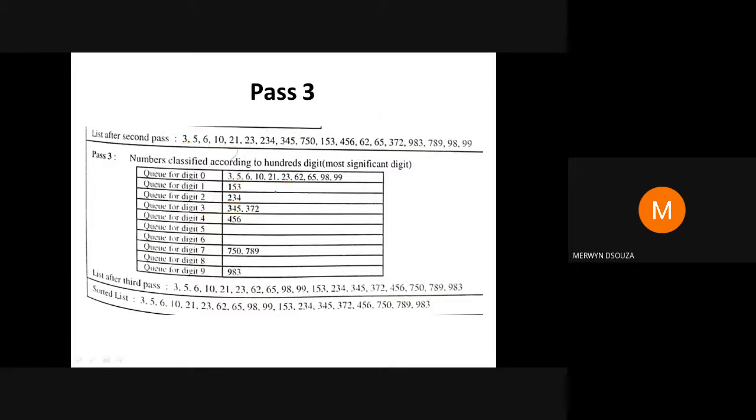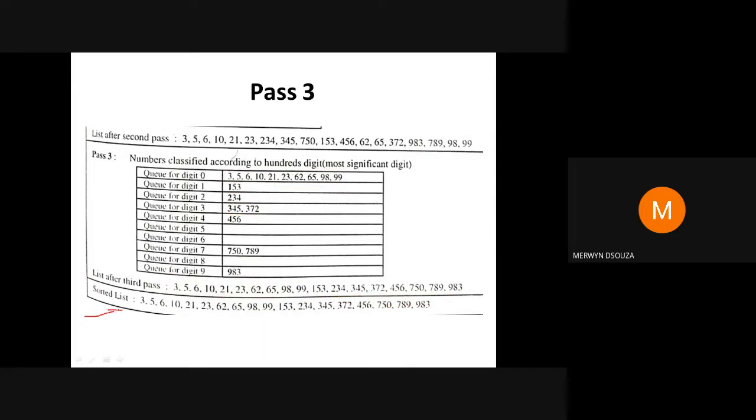At the end, when you have finished writing all the numbers in the proper queue, you will get the output similar to your second pass and first pass. Copy all the numbers from queue 0 first, then copy from queue 1, then copy from queue 2, and so on. Start copying all these numbers into the output. After you have done that, you can see that now your numbers are in sorted order.